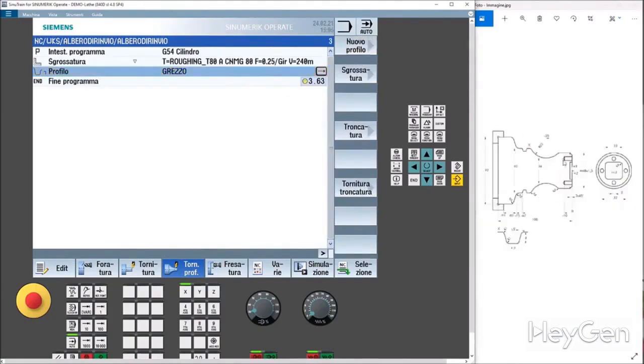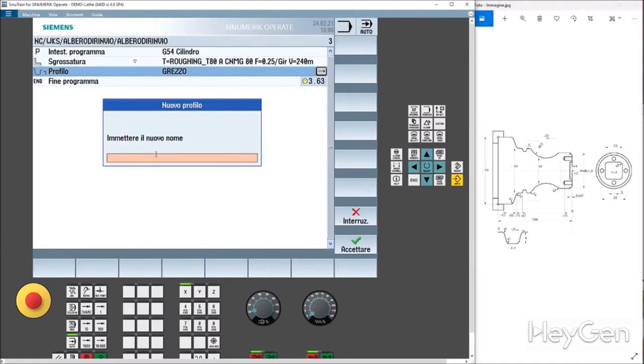All right, let's go ahead and insert the turning profile. It won't be easy, and let's try not to make too many mistakes live. But if I do, well, I will comment with you and we will come back, step by step. Turning, profile, new profile, name. Profile, we accept. Let's start from the center of the piece, which is fine for teaching purposes, and let's begin